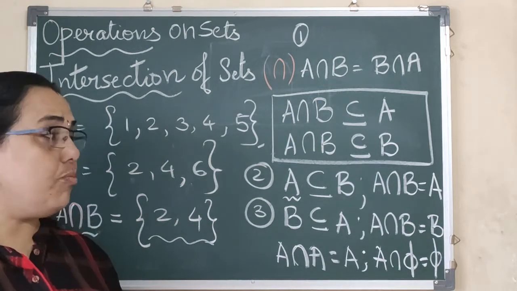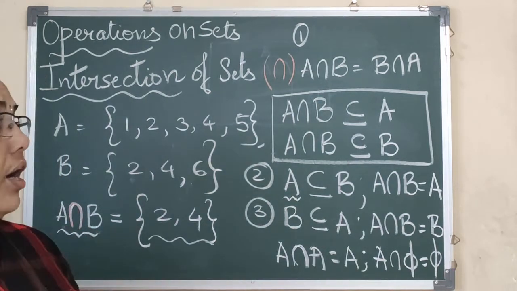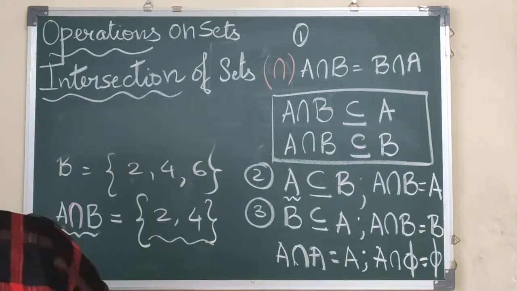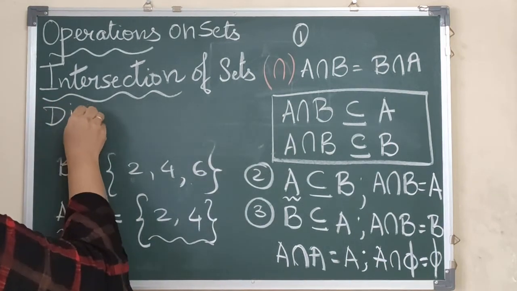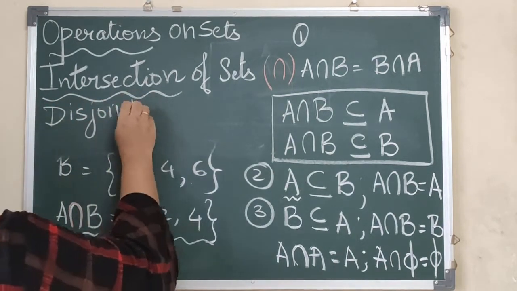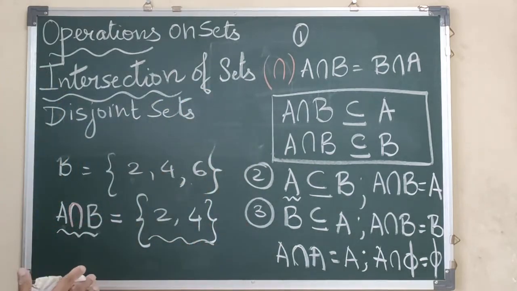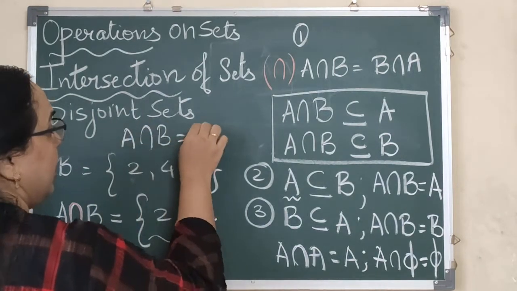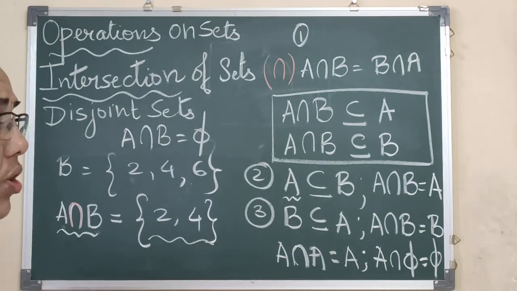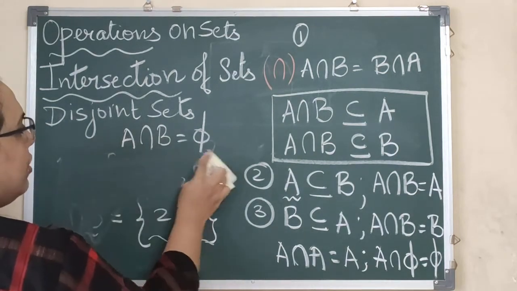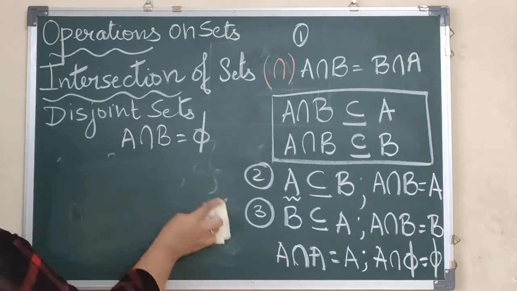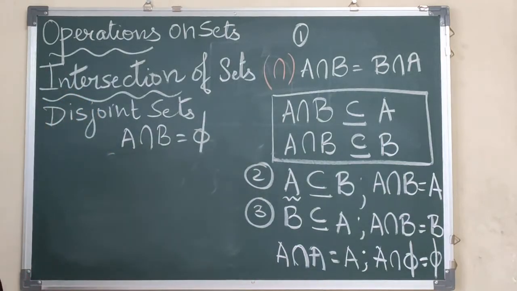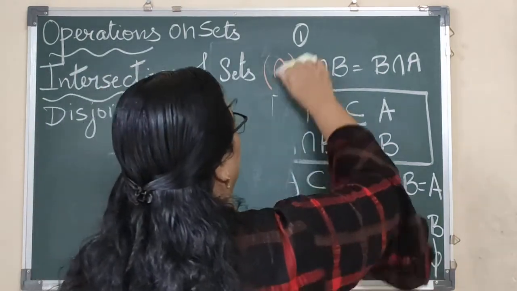Okay. So after this properties of intersection, now we go to a different concept which is also related to intersection, that is disjoint sets. Yes, girls, disjoint. The word is not new, distinct. Disjoint means something which is very different. So when A intersection B is empty, that means there are no elements common in the two sets, then we say both the sets are distinct and they are called the disjoint sets. Is that very clear?